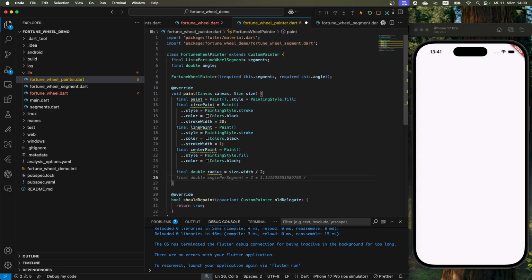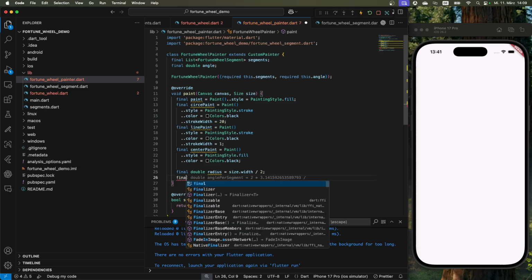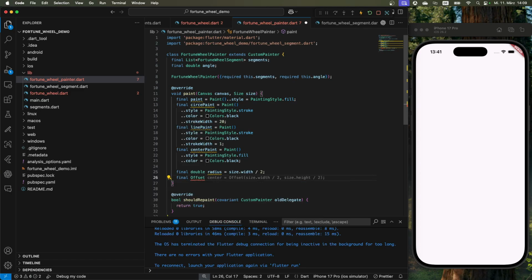Then we have to define our center, and this is an offset, so that the painter knows where the center of our fortune wheel should be. And this should obviously be half of the width of our size and half of the height of our size. And then we also need a segment angle, because the fortune wheel painter has to know which angle